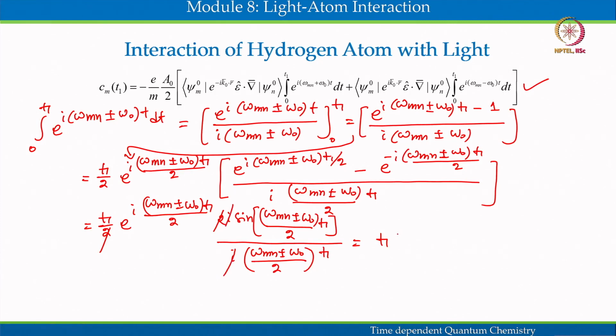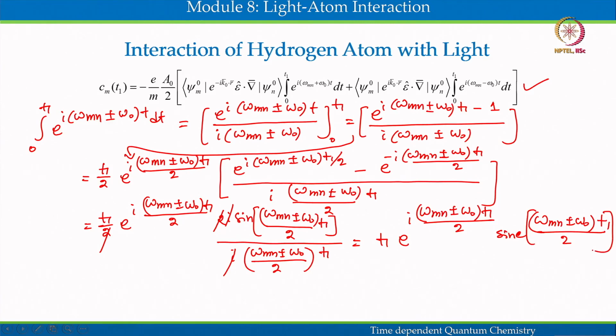So I get t1 e to the power i (omega mn plus minus omega naught) t1 by 2, then the cardinal sine function, which can be written as sinc of (omega mn plus minus omega naught) t1 by 2. This is the cardinal sine function. So finally, what we are seeing is that this time integral is giving me the response of a cardinal sine function,